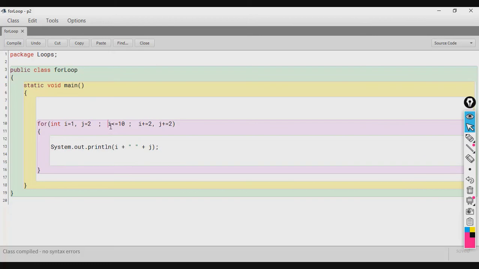Now, since we are meant to write a Boolean expression here, okay, we can use logical operators also to combine several conditions, okay. So, let us say if I write here I is less than equal to 10 and j is less than equal to 5, okay. So, what will be the output for this?